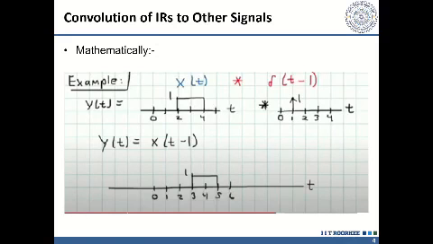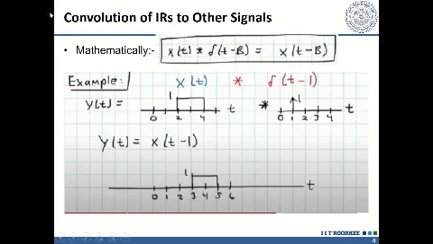Mathematically, it looks something like this. x(t) convolved with delta of (t minus 1) is equal to x of (t minus 1), which in a general sense is x(t) convolved with delta of (t minus beta) is equal to x of (t minus beta). Graphically,